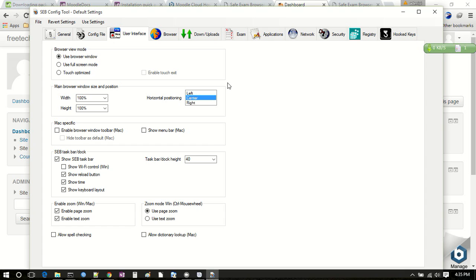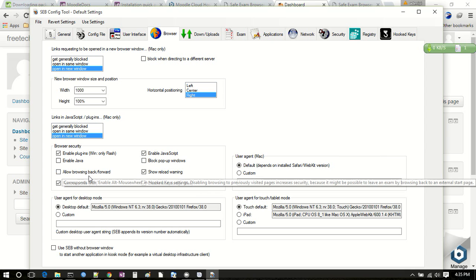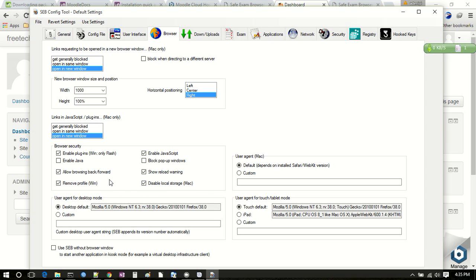One other setting again we take a look at is from the browser you can enable Java, enable JavaScript. You can block pop-up or you allow block pop-up. Then you can also allow browsing backward, allow open in same window,